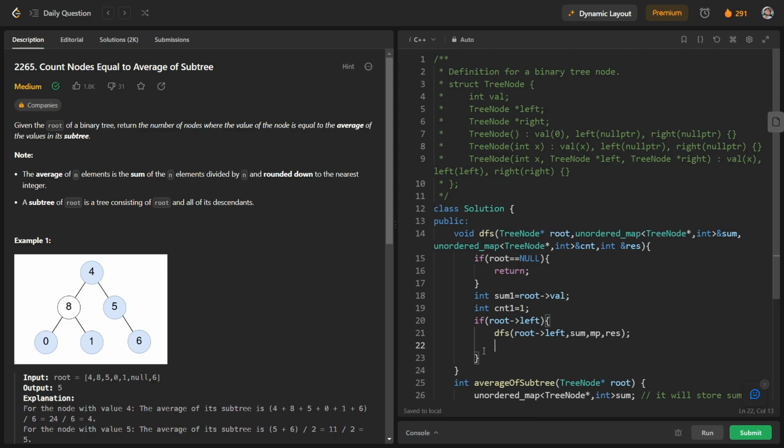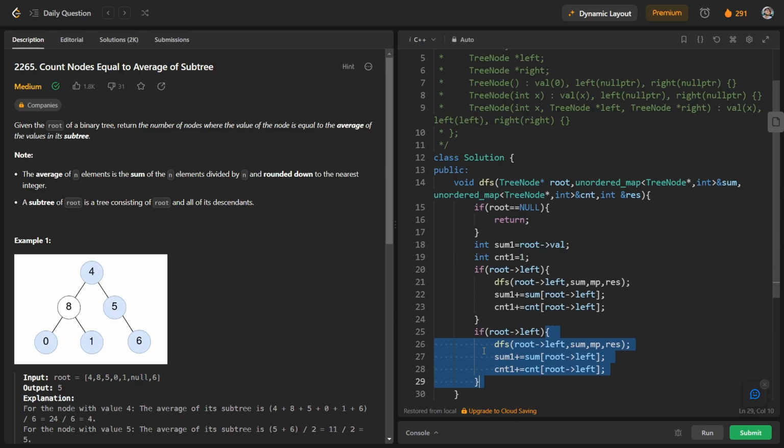And we will increase the value of sum1 with sum of root arrow left, and count1 with count of root arrow left. And we will do a similar thing for the right child also. So we will replace left with right here.